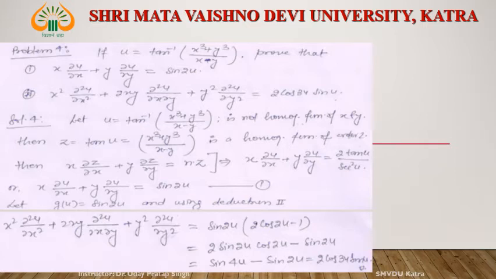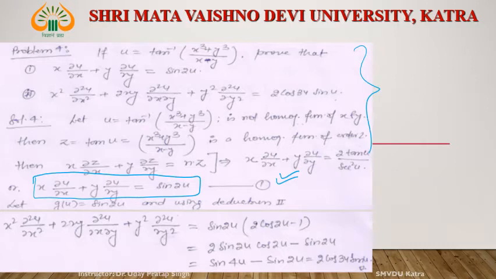Now see, the first part is okay, right? This we already proved. This term was repeated from the previous slide. This part we already proved, equation 1. Now consider g(u) is equal to, or apply, if we want to apply deduction 2, then we know what is